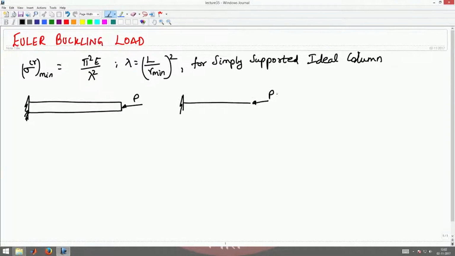This would have deformed into some shape like this, and the load would continue to act in the horizontal direction. Say this displacement is the absolute value of delta y, and if I do a section analysis, if I cut a section here,